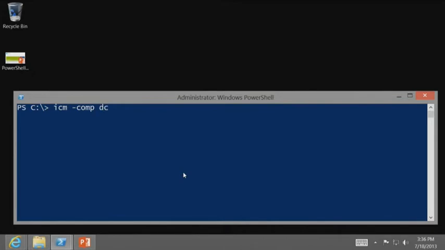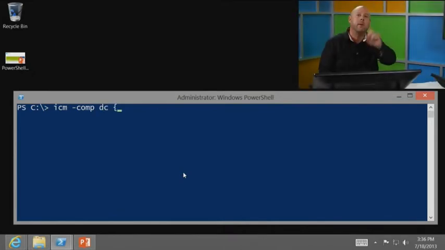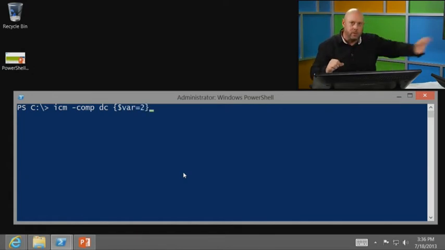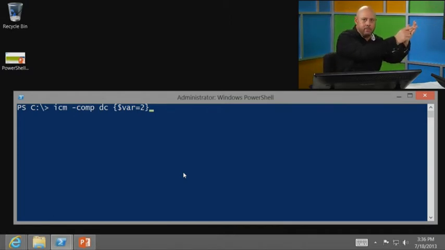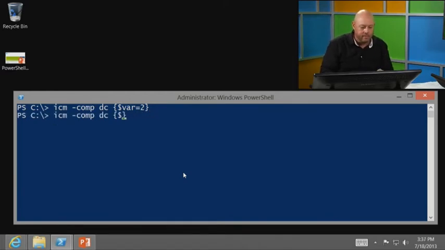So watch, guys. I'm just going to do this on DC first, and I'm going to show you what's happening. I'm going to do $var equals 2. Now think this through. I'm going to go to the domain controller. I'm going to start up PowerShell. I'm going to set a variable, and then I'm going to destroy PowerShell. So what happens is if I now ask it, what's that variable on output on